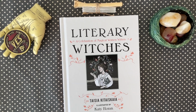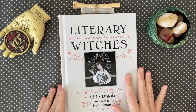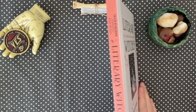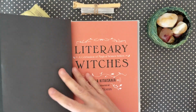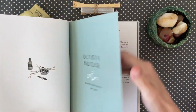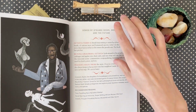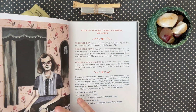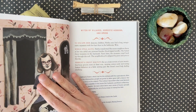And this is the Literary Witches. I found my copy at my local Half Price Books, which is a used bookstore, but it was in brand new condition. It looked like it hadn't been opened, but this is pretty inexpensive on Amazon as well. It just gives you a little bit more going in with the authors than just the little bit in the deck book. You get a full page depiction of the card,